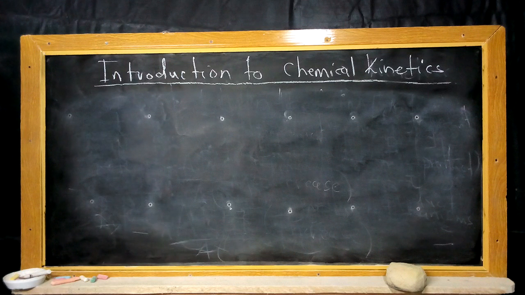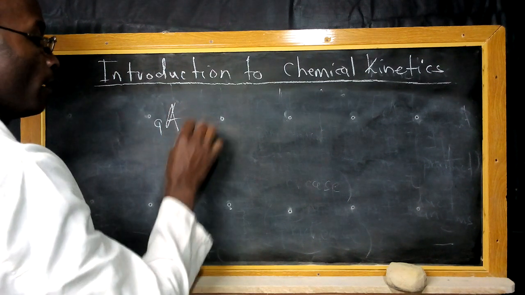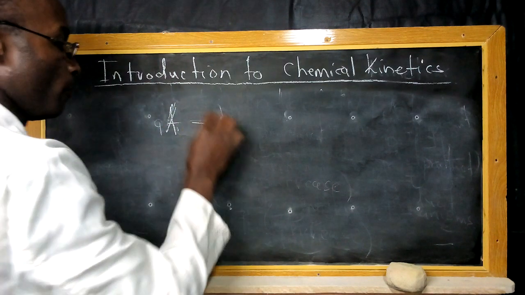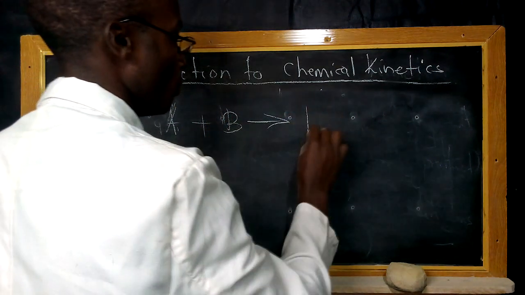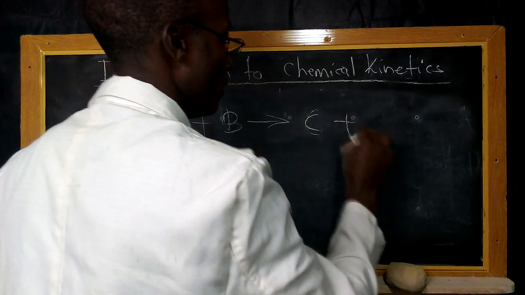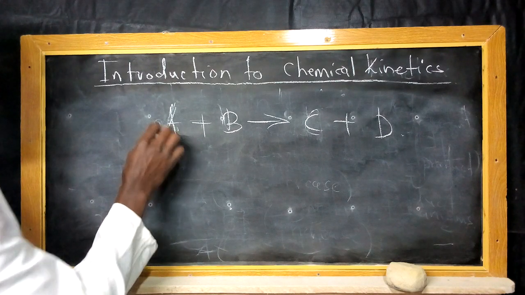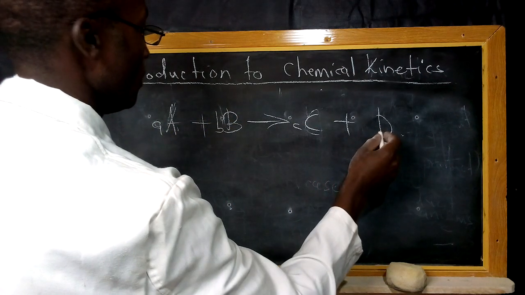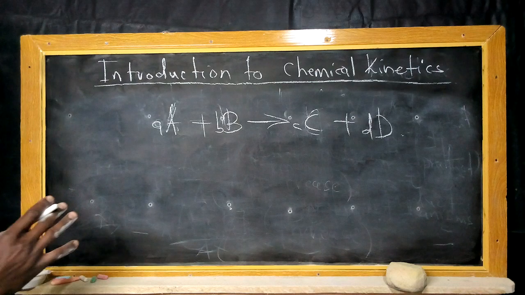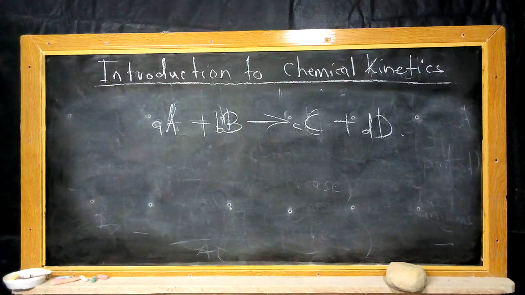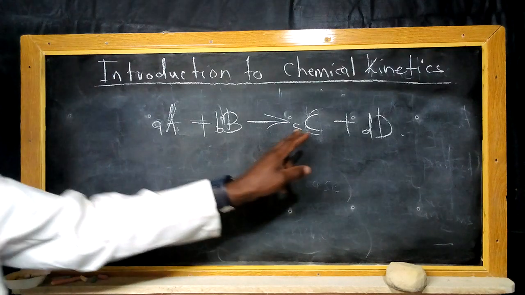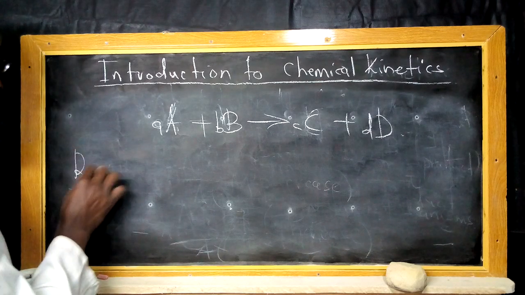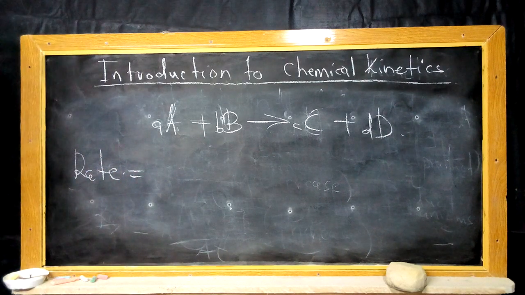So generally, let me write this. We have reactants A and B reacting to form products C and D. The reaction coefficients for this, we can give them by using the small letters for specific reactants and products. So these are the reaction coefficients that we have given for reactants A and B forming products C and D. So in that case, giving the rate for this kind of reaction,